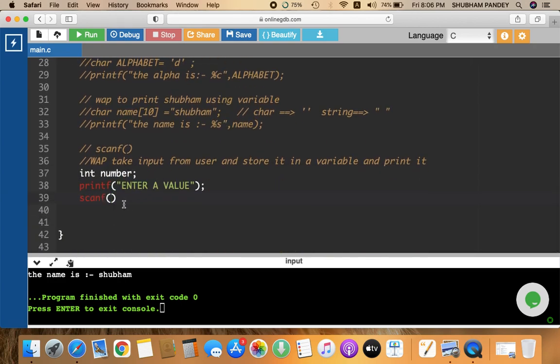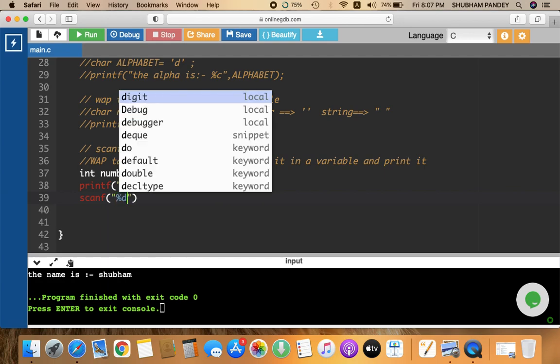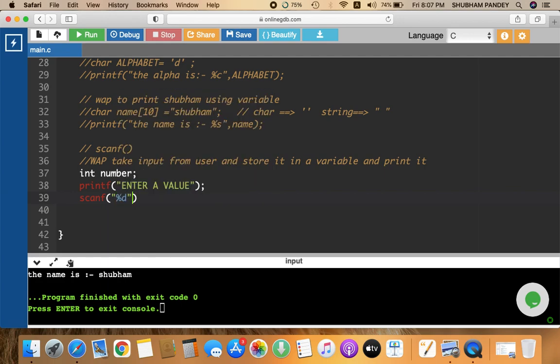This is the syntax of scanf: in inverted commas you write %d, and after that, outside the inverted commas, put a comma, and here you provide the name of the variable. The name of the variable is number, and then end of line.